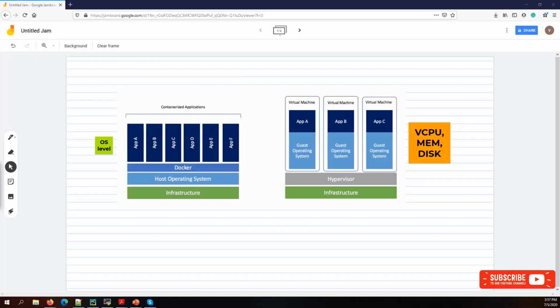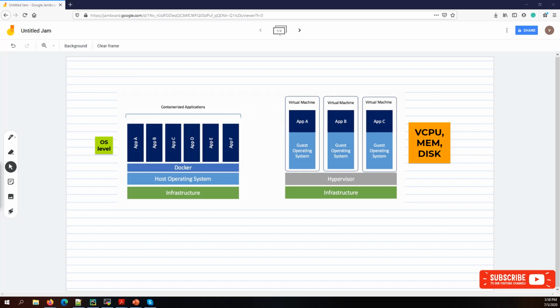slide. Yeah, the very first thing is we have to understand what is meant by containerization and what is meant by virtualization. We should not get confused between those things. If you are trying to share your physical resources like CPU, memory and disk, that is considered virtualization. If you are trying to share your OS level resources, for example the kernel, your libraries, your execution init files, those are all considered containerization.